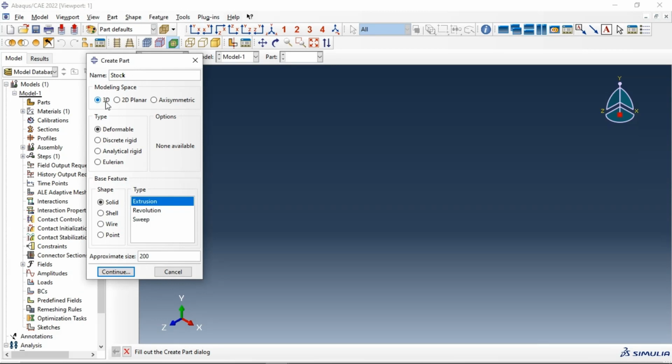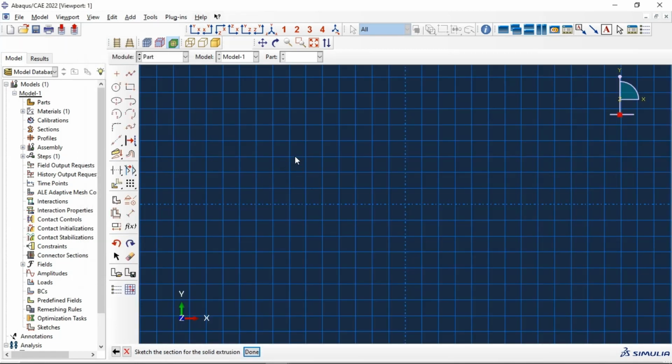We will use 3D deformable solid extrusion and use 1 as the approximate size of our viewport or work view. Let's create our sketch, a rectangle with dimensions equal to 0.1 and